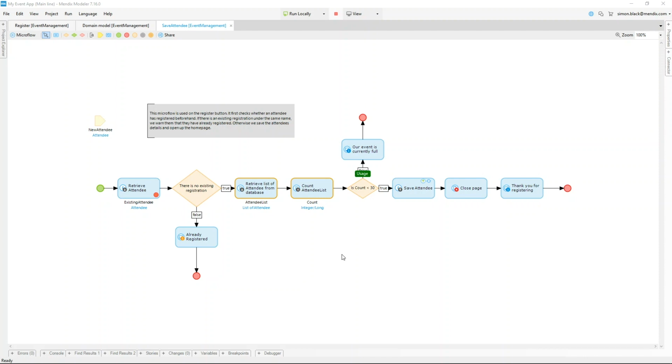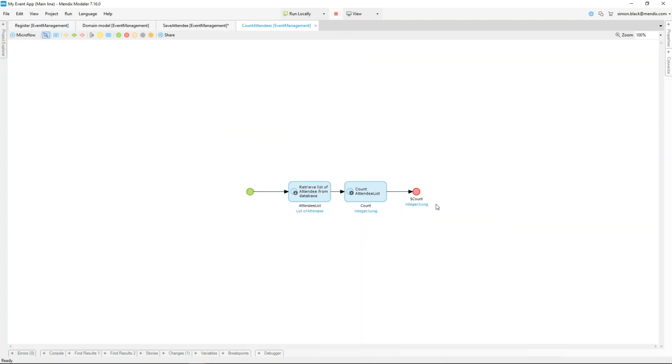The Mendix modeler speeds up the refactoring process by automatically updating all references throughout your app when changes are made to your model. The modeler contains a full set of refactoring tools, making it simple to refactor functionality. For example, any microflow can be extracted into a subflow for reuse. All references are automatically updated. Another example is renaming an entity, which will update all references across pages, microflows, queries, and code extensions, ensuring consistency